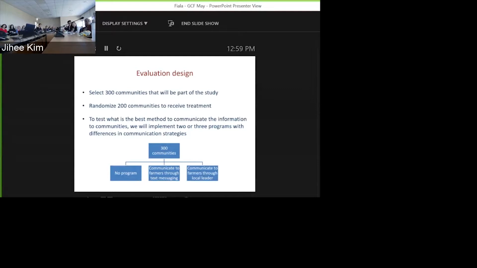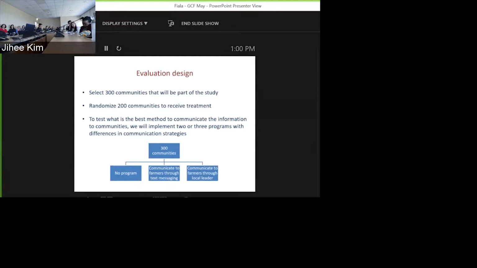So what we're planning on is where we have a control group. That's where there's no program that we're delivering. Then there are communities where the farmers get information through text messages. They can sign up for them. They're free to use. That's the normal program that they're running right now. And we've got a third group where we're trying to think about how to get farmers excited about this through the local leader system. So not just offering the text messaging, but trying to go on the ground and think about how to get people interested in actually paying attention to this. These are different ways that you can run the exact same program. We're not changing the way that they're analyzing data and the way that they're producing their forecasts. All we're changing is the way that we message and target farmers.